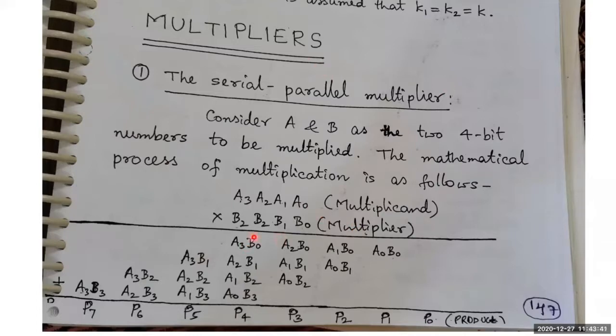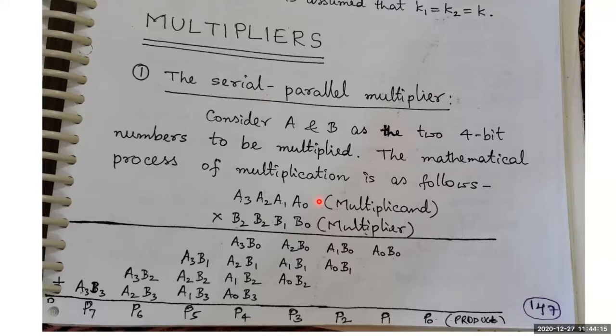So see now, we are trying to add here A3. It's 4-bit numbers. Two 4-bit numbers have been taken here. The first one is called the multiplicand and the second one is called the multiplier. Let me consider that A and B are the two 4-bit numbers, where we know that this entire operation is happening as a serial parallel multiplier. The same thing which we explained in the previous slide also. In the previous slide it was only 2-bit numbers. Now we are trying to explain with respect to 4-bit numbers. So that's the major difference between the previous one and this one. Here, the first one is the multiplicand and this is the multiplier.